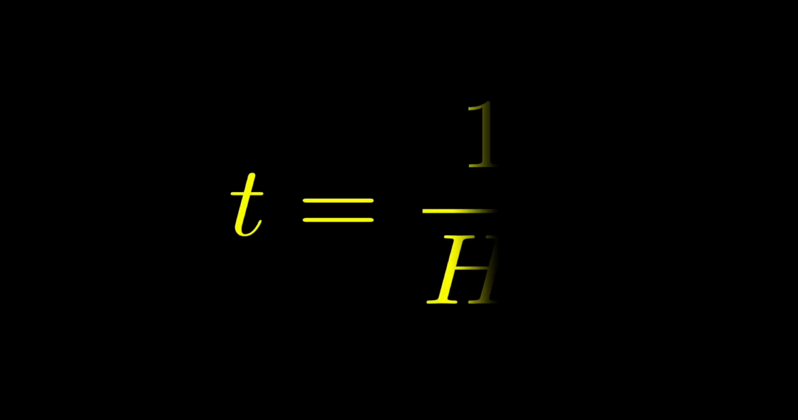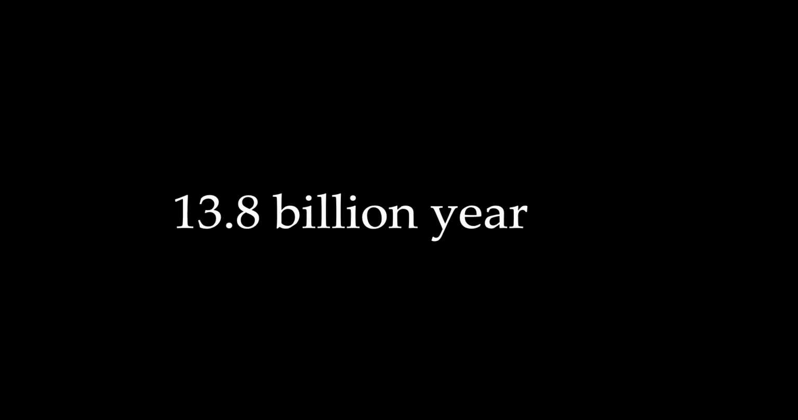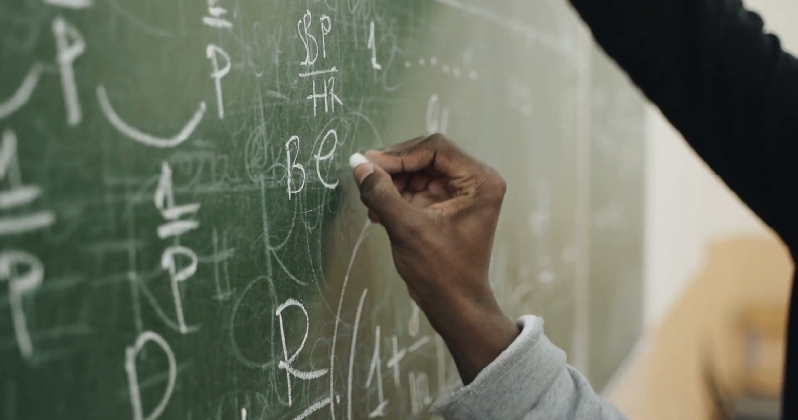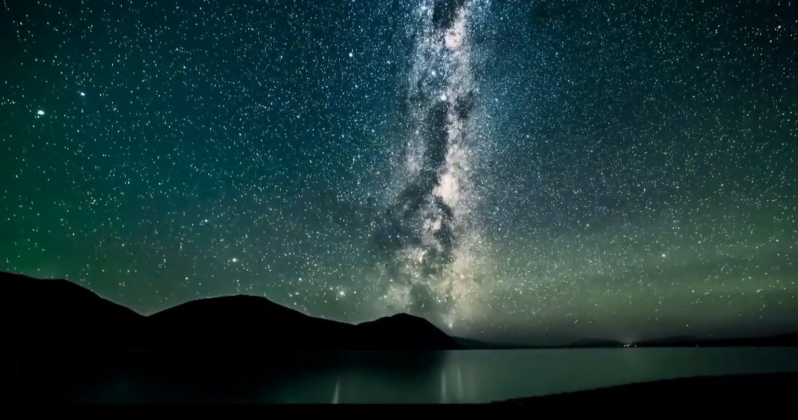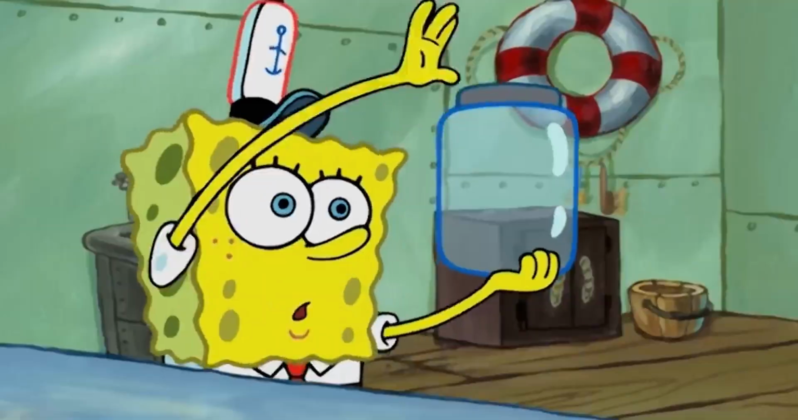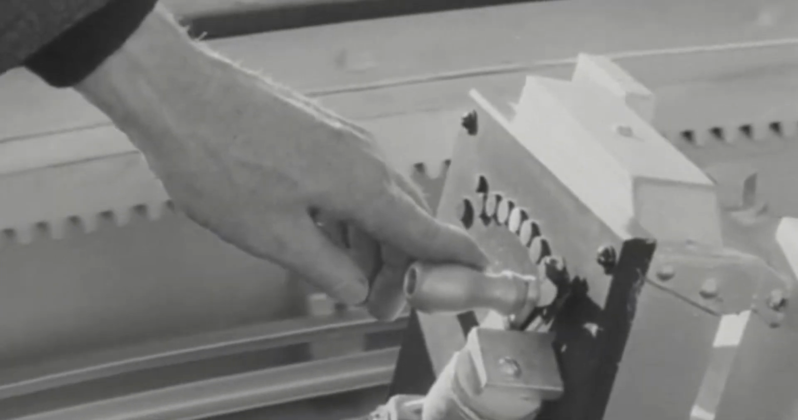This is the age of the universe, approximately 13.8 billion years old. And we only need basic arithmetic to calculate this. No calculus needed. Calculating the approximate age of the universe is as easy as opening a jar of jelly. How is this possible? To understand that, we have to jump back in time a little, almost 100 years, into